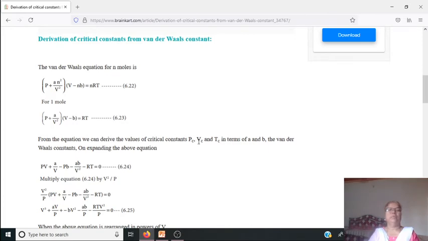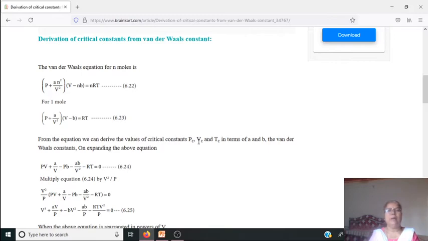Good morning, students. Last time you learned the critical phenomenon, continuity of the state, and the exceptional behavior of the hydrogen and helium gas. In case of hydrogen and helium, their PV values are greater than the PV values of ideal gas, because